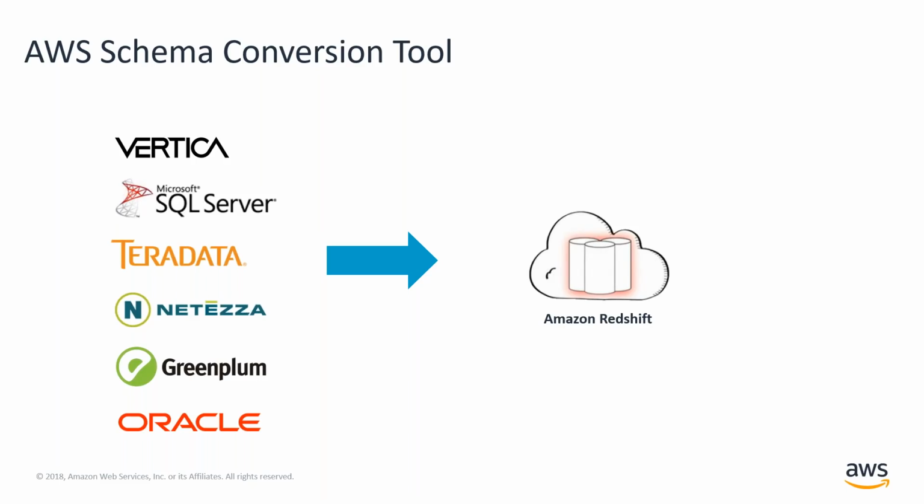But oftentimes, particularly if I have a system like Oracle or Teradata where I've optimized my schema, my data types, my stored procedures, my application logic, being able to have the AWS Schema Conversion Tool do an assessment of my data warehouse and then provide that mapping into Amazon Redshift is valuable. The Schema Conversion Tool can be easy to use, but at the same time, there can be results where I need to do some analysis, such as if I have features in my source system that aren't supported in Redshift, then we'll work with you to figure out a way to